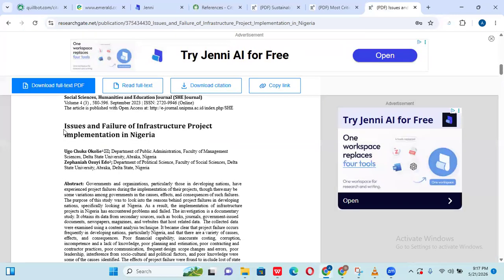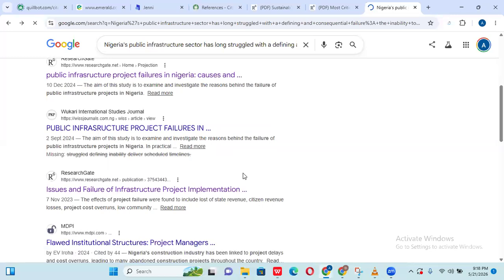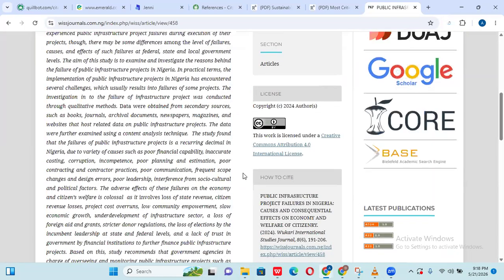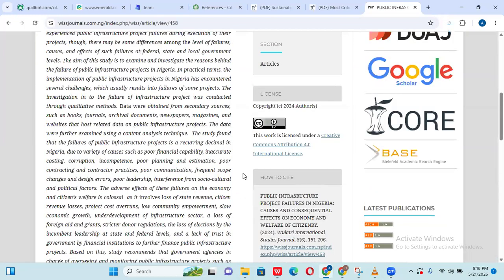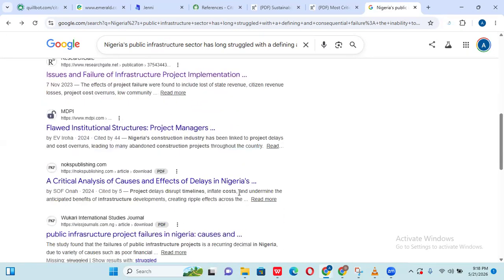But let's see if you copy this. Oh, I did not copy. Okay, this is a problem you're having. All right, let's try and use this. I want to round up now, please. I don't think this one too has DOI. Okay, this one does not have DOI. Okay, I think this one too can work.